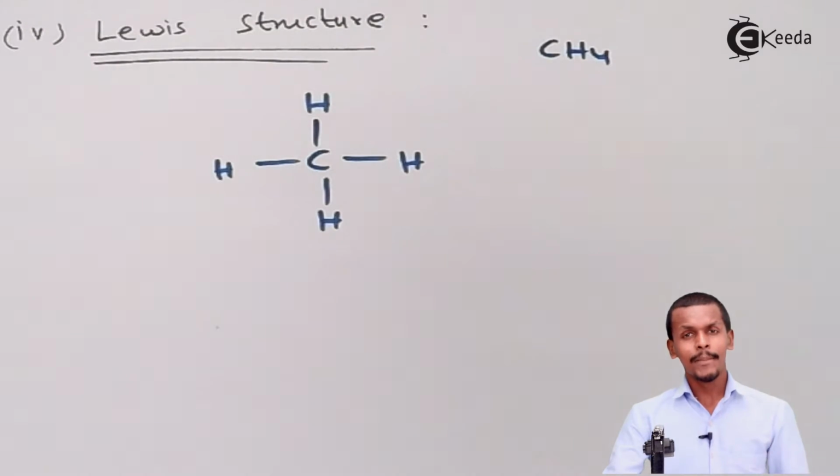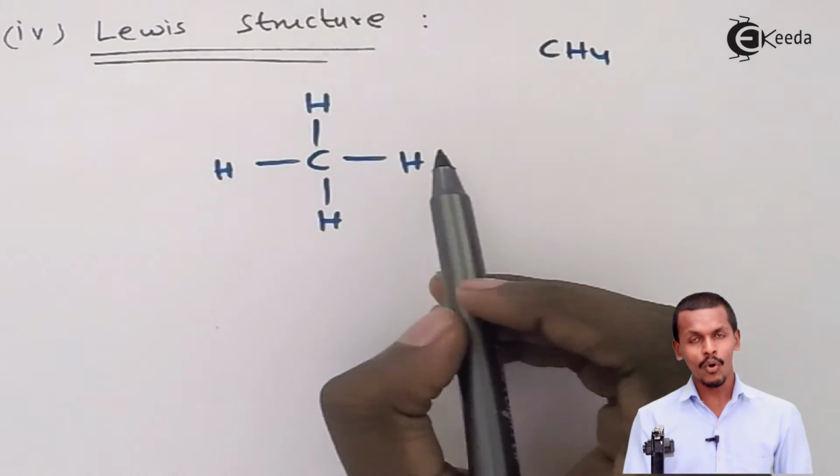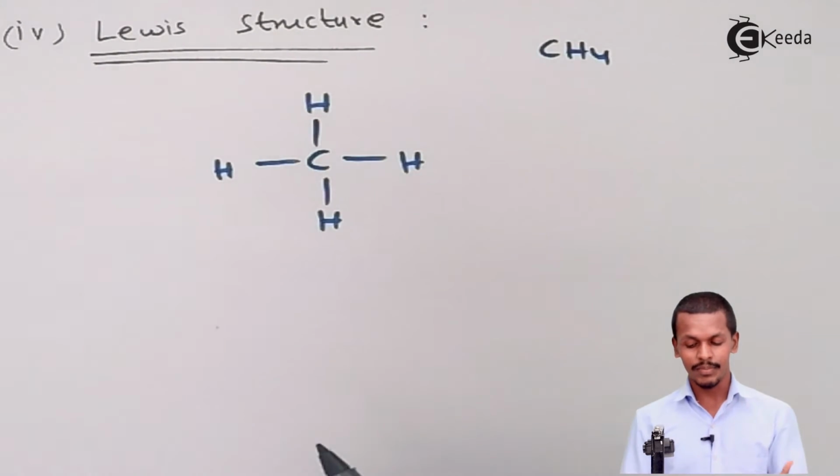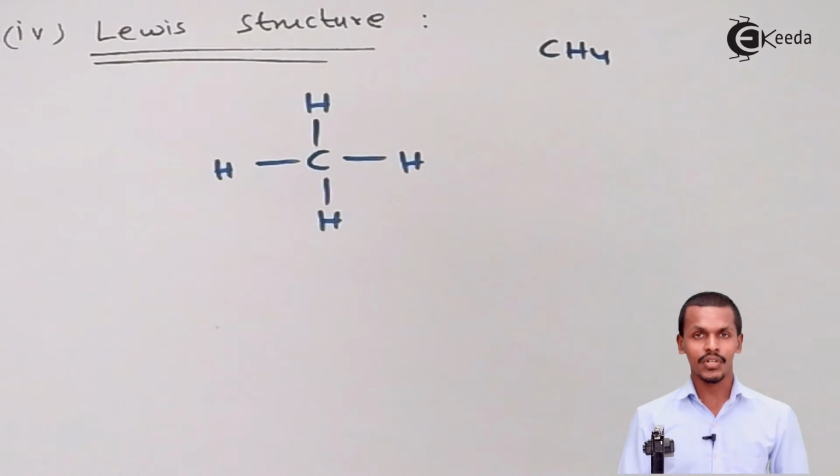So before understanding the Lewis structure, we should know that while forming a bond, basically two electrons are needed. Those two electrons form a single bond through mutual sharing in an organic compound. Suppose we are trying to represent the structural formula of methane, which is what we have represented here. But talking about the Lewis structural formula, we could write it in this form,